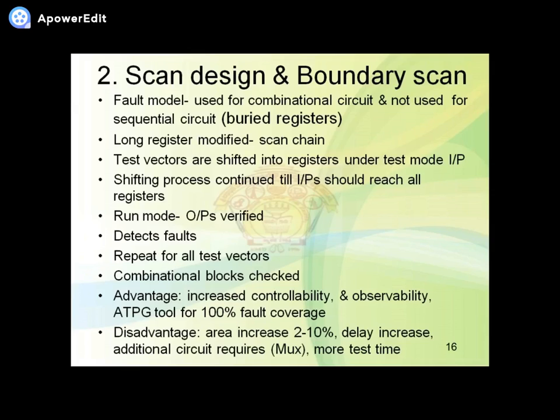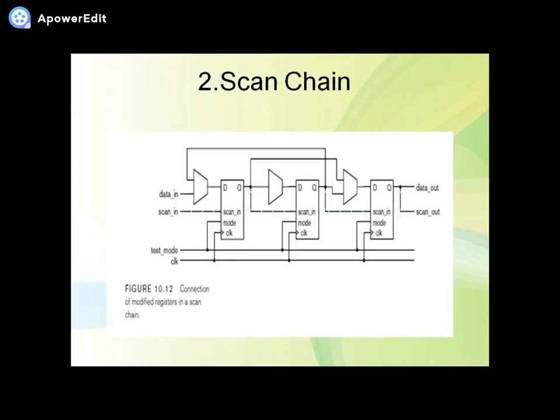In the scan chain technique here, you can see the registers. This is a register, this is a register, and the combinational circuits are also there. This is a combinational circuit, this is a combinational circuit, this is a combinational circuit. There are two modes. First, we have to apply the scan input. Scan in means various test conditions we have to shift into the registers. This will be applied here, then this will be applied here. Continuously, all the sequences are shifted into all the registers. Suppose 8-bit registers are there, then we need to shift 8 sequences.